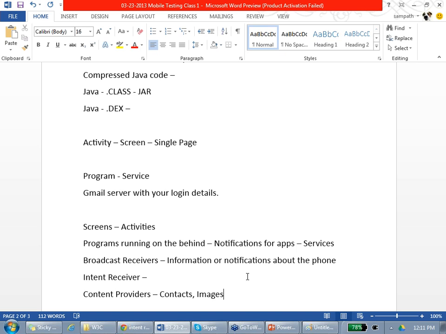Okay. For example, you clicked on somewhere, there is a dollar amount or something. Western Union will say, do you want to transfer this amount? It's an intent receiver. Agree? So you have to test these activities. You have to test the services. You have to test the content provider integration. You have to test that it is pulling all my contacts.